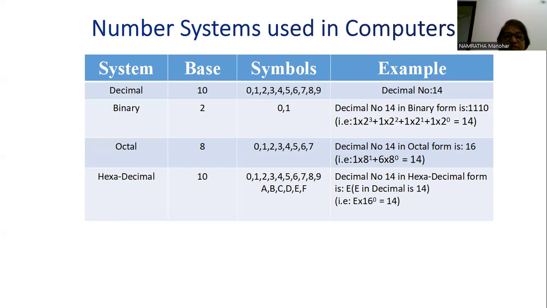The number systems are decimal. We will see for each system the base, the symbols in the system, and an example. The decimal system, we know, has base 10. The symbols used are 0, 1, 2, 3, 4, 5, 6, 7, 8, 9. An example of a decimal number is 14. Now, the binary system. Binary system base is 2 and the symbols used are 0 and 1. The decimal number 14 in binary form is represented as